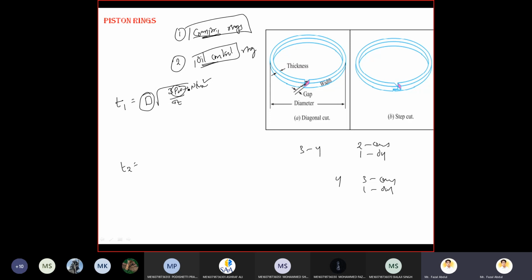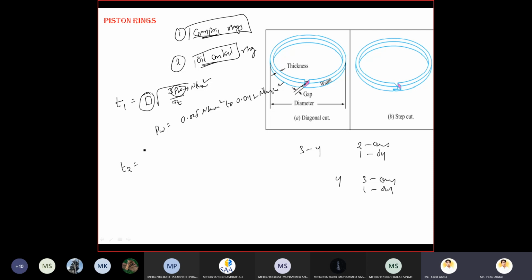Okay. And now PW value is limited from 0.025 Newton per mm square to 0.042 Newton per mm square. Okay, this value you have to remember. This is the permissible limit for this problem, this design.